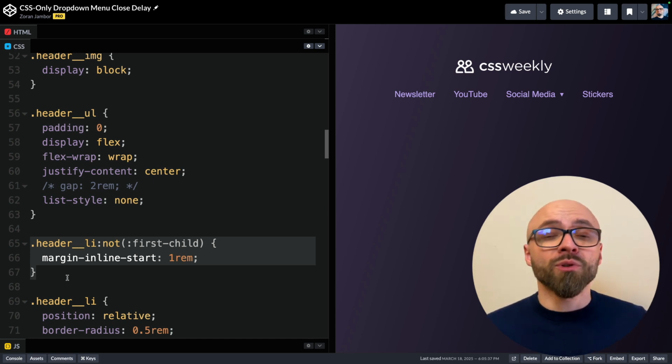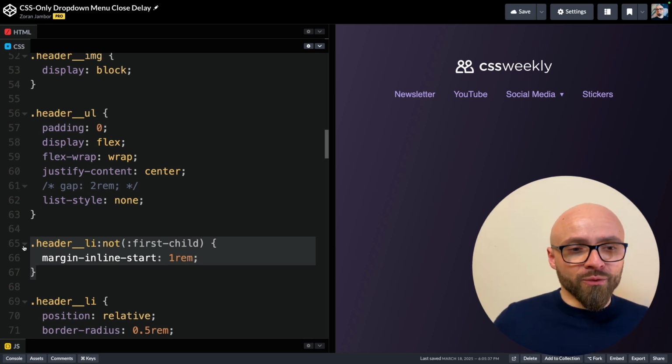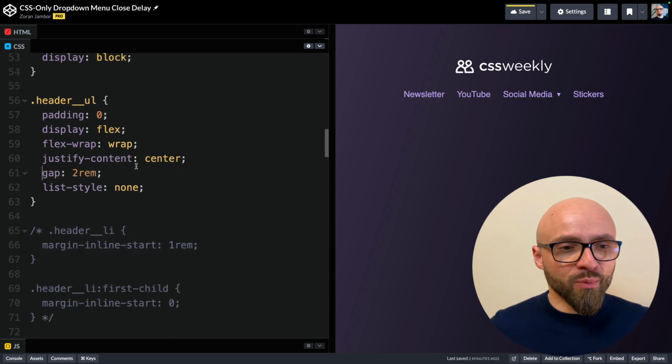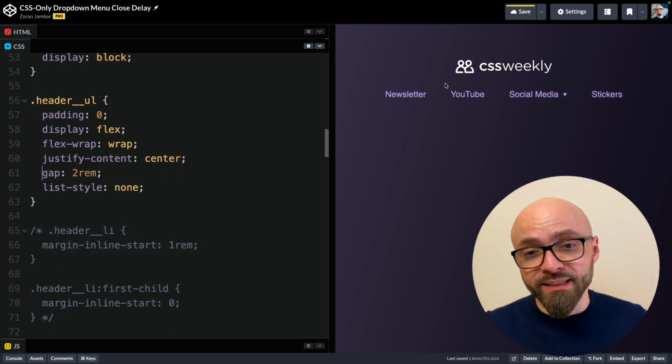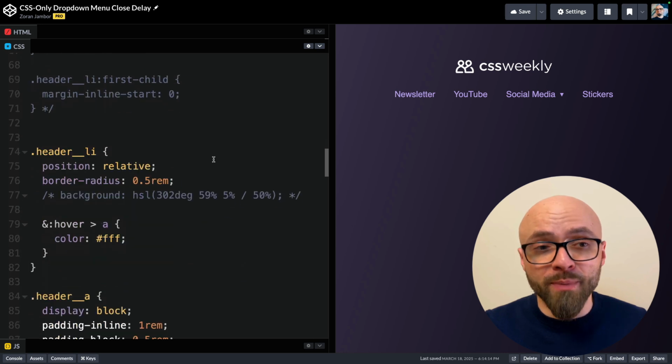It's in the baseline, it's supported in all modern browsers, so you don't have to think about browser support if you're doing this. I'll comment out this selector. I'll add a gap property with 2 rem units. You're going to see immediately that our gap increases, but we're going to adjust this and set it to 1 rem instead. The next few mistakes are related to drop-down menus, and in this example here, I have the drop-down